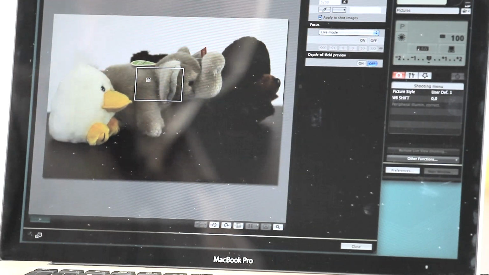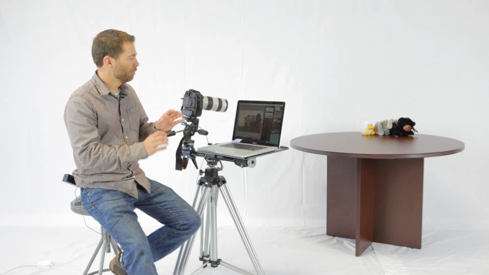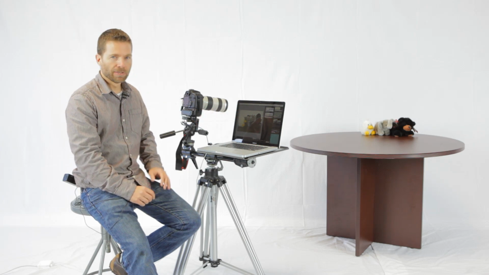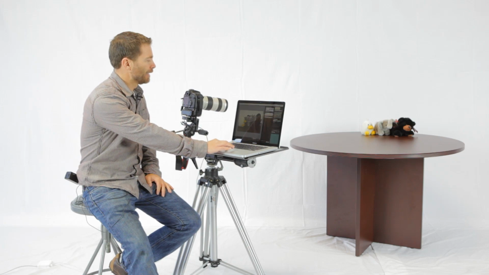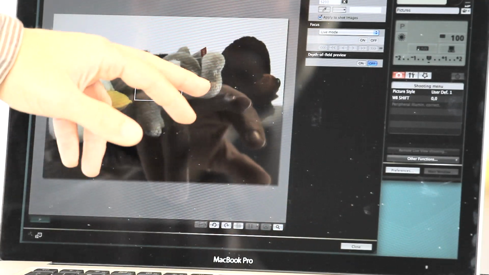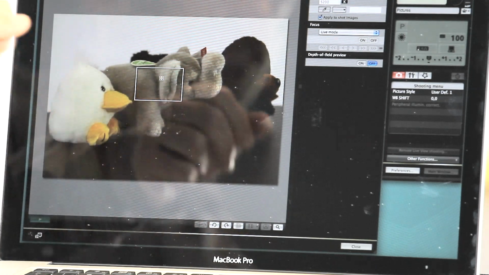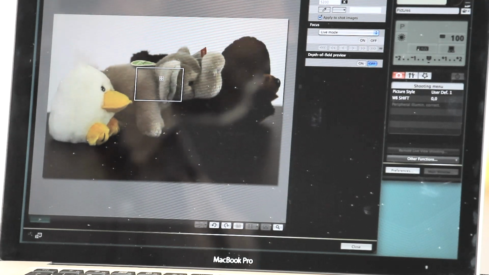the camera doesn't. The camera just says, well, I've got all these items in, and I'm going to compare and contrast all these different sections of the frame, and I'm just going to make a decision for exposure based upon everything. As a result, you might get something that looks like this, where the exposure on the black bear is quite dark, the exposure on the light chick is too light, but the exposure for the middle gray elephant is